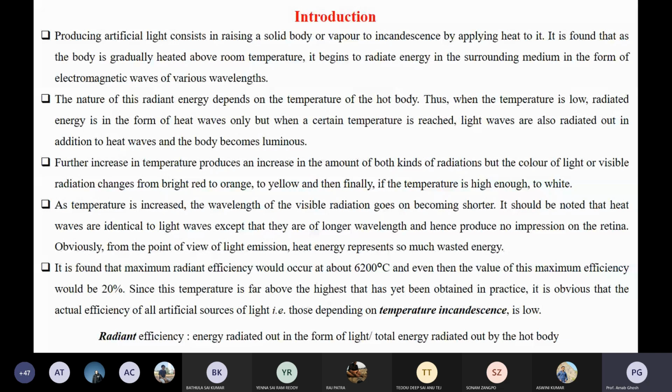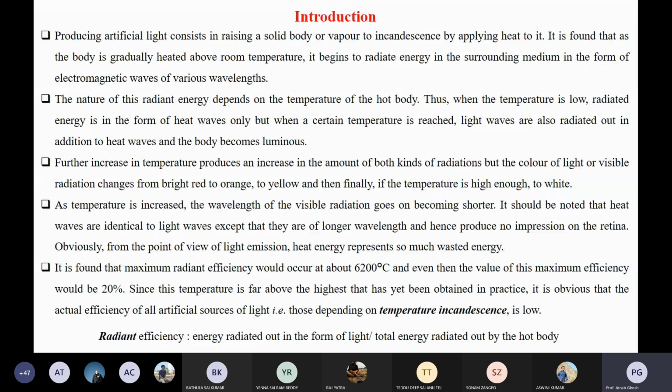So, artificial light. First, our agenda is producing artificial light. Producing artificial light consists of raising a solid body or vapor to incandescence by applying heat energy. That is the first point. So, as we increase the heat energy, how are things changing? It is found that as the body is gradually heated above room temperature,